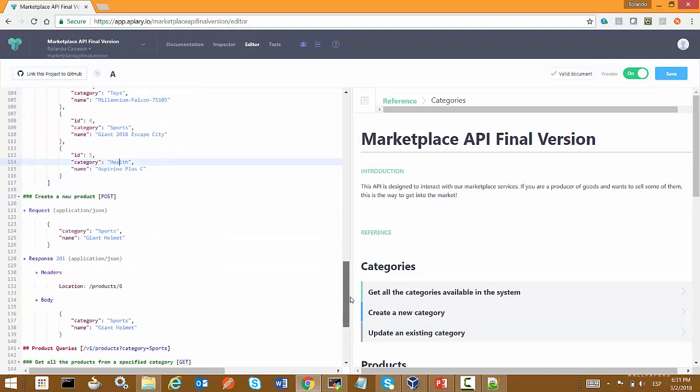So let's say we need to create a new product. We are going to use the POST method to create a different product under category sports.